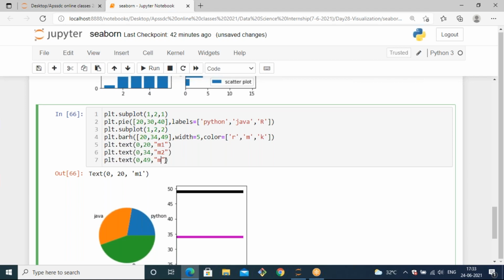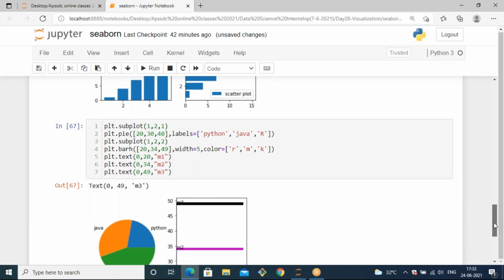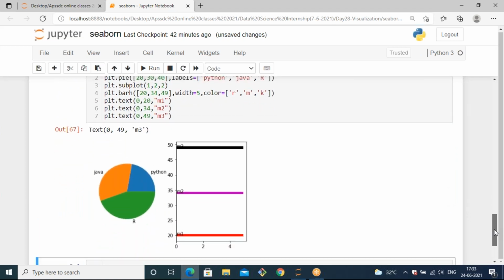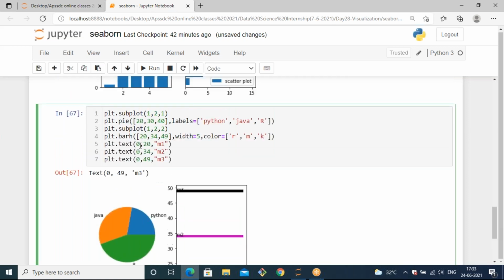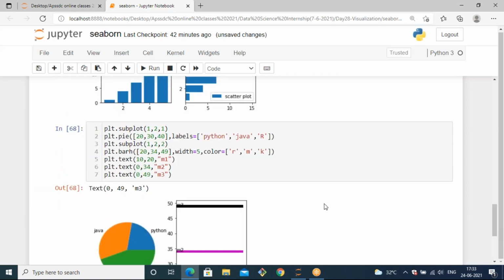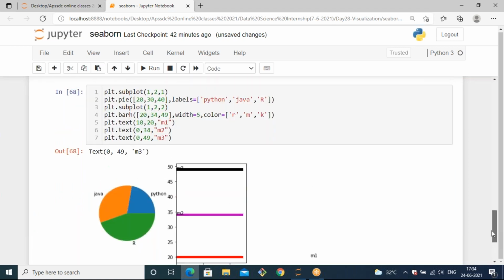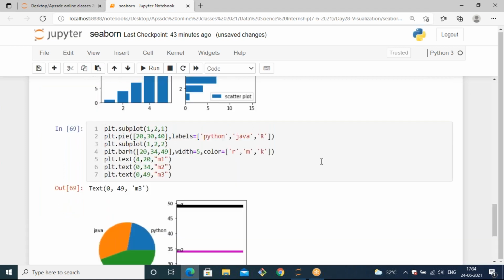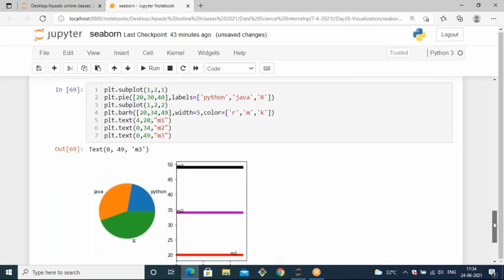You can pass text as M3. The position of it is far away from me. Okay.